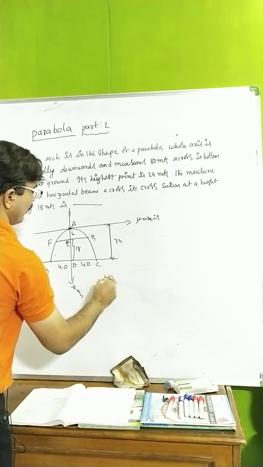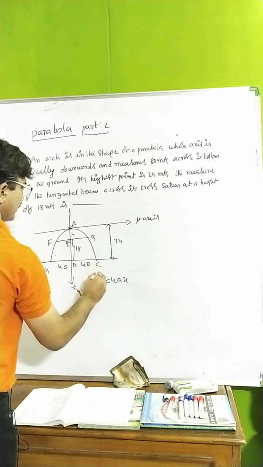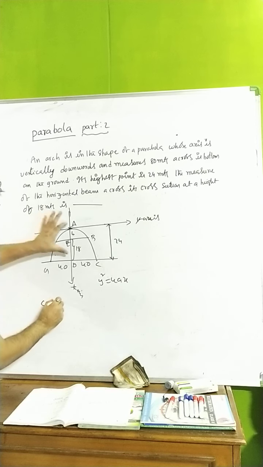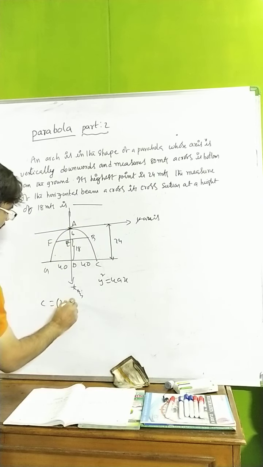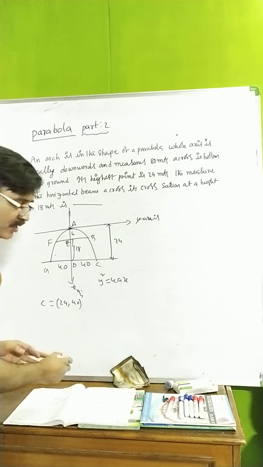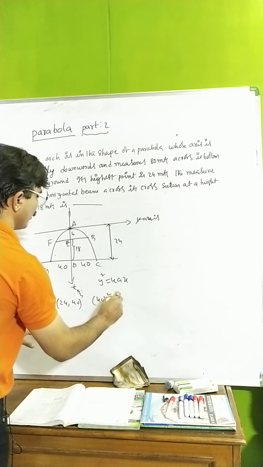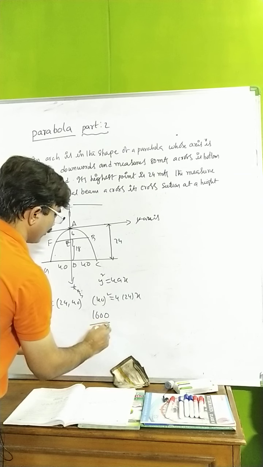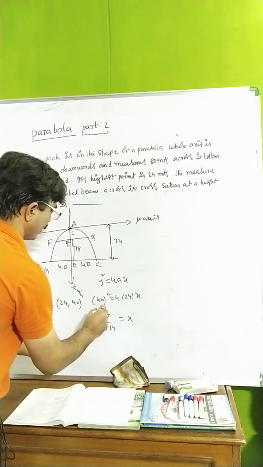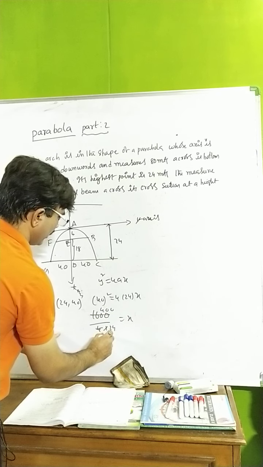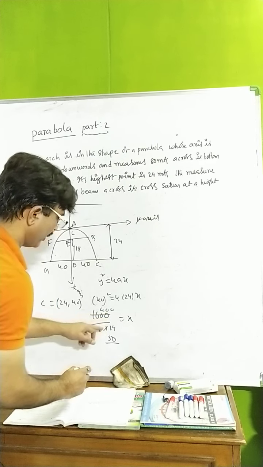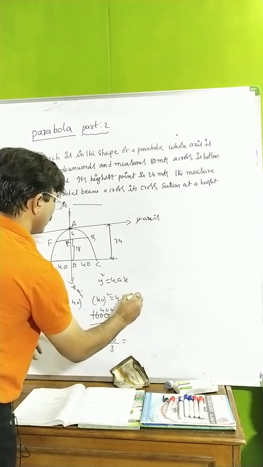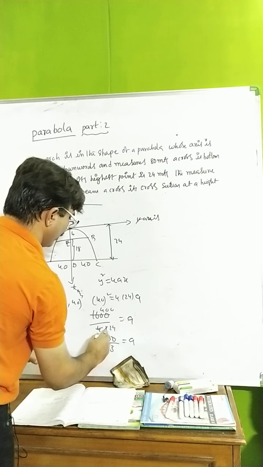Now y square equal to 4ax I'll take as the generalized equation. And you know very well the point C has total distance 24 and this is 40. Substitute here, it lies. So 40 whole square is equal to 4 into 24 x. You will get 1600 divided by 4 into 24 is equal to a. If you cancel, 8 5s are 40 and 8 3s are 24. The a value we got it like this.